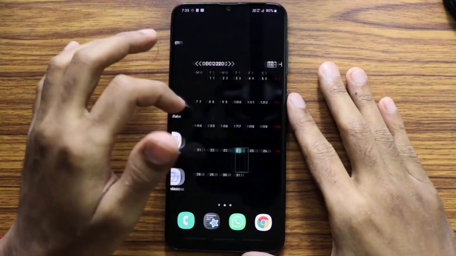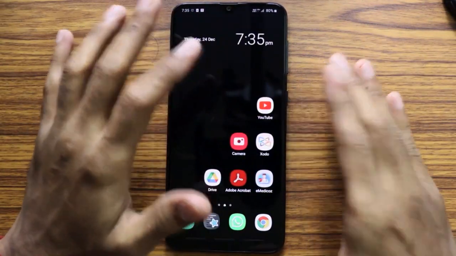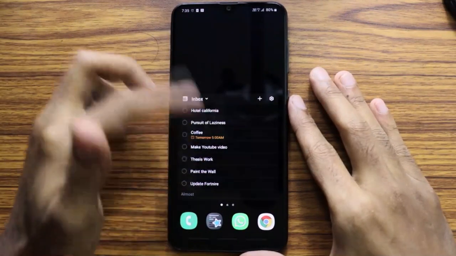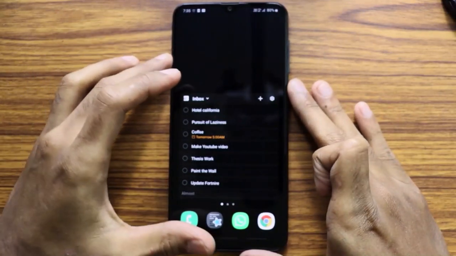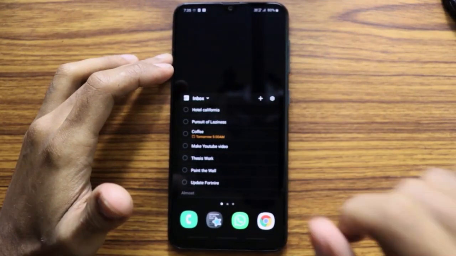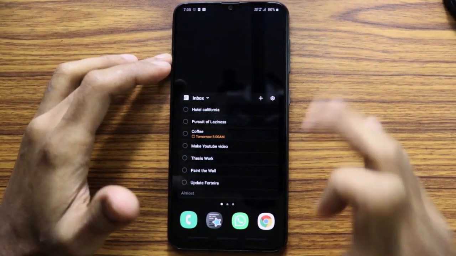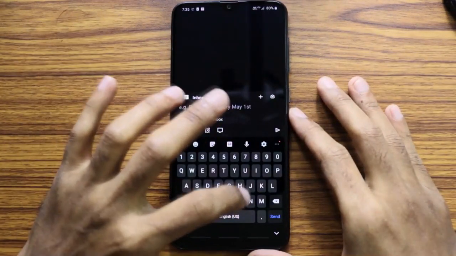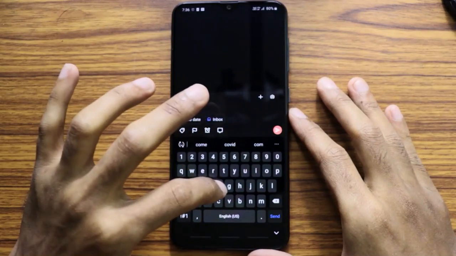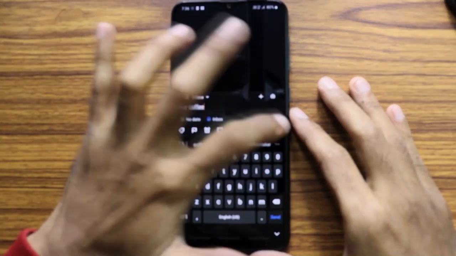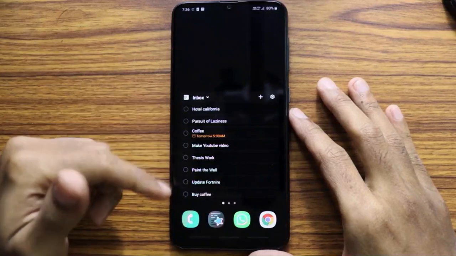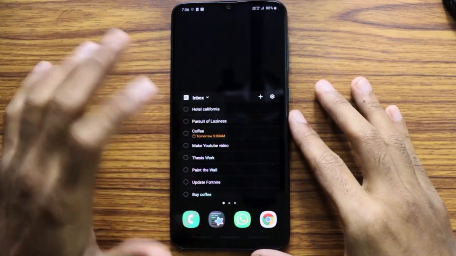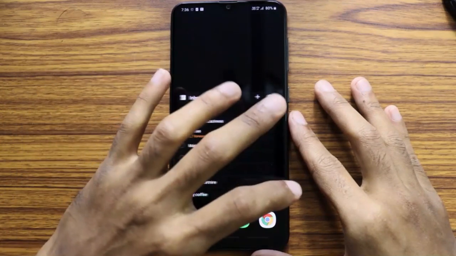This is my left hand. All right, this is the left side. On my left side, I have this to-do list, which I can make on the go. For example, if I need to quickly put something in, but I have to buy coffee, I can just type here buy coffee and go, and that has been included in this list. This is a very useful way to put your to-do list in your home page, and you can have access to it just with your left side.